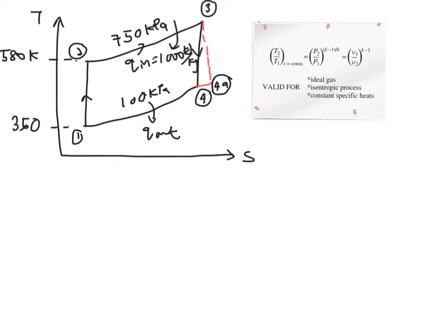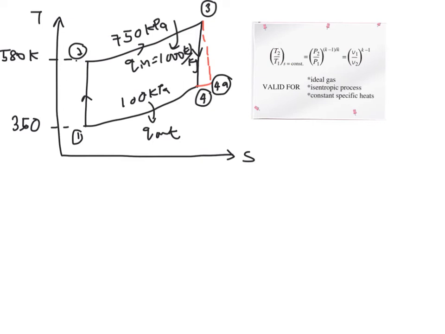When you want to find state 3, you can either make use of this isentropic relation between 3 and 4 using this equation, or, since it already gives you the value of your heat addition, which happens between state 2 to 3,